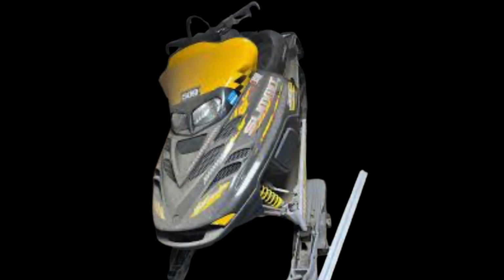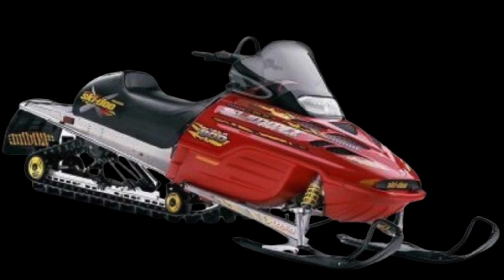But yeah, I like both the yellow and the black. I think they had a gray one as well, if I remember right. Let me know if I'm right or not in the comments there. But that to me was a great sled, and the engine ran really well for me. It always did. I had a lot of fun on it, but